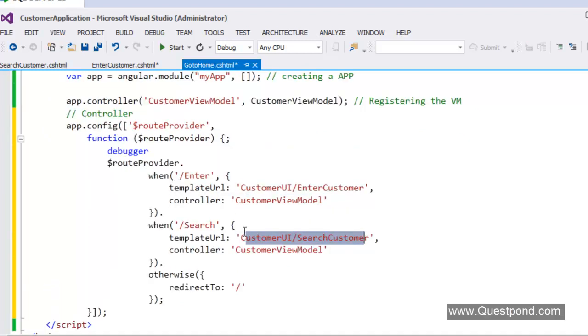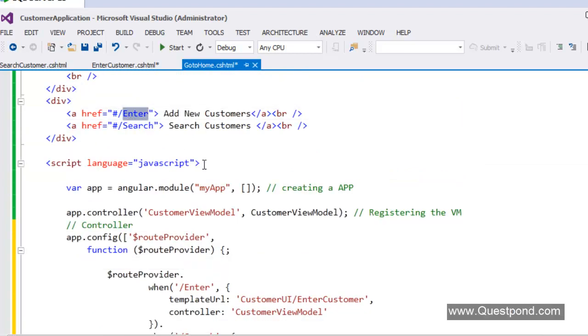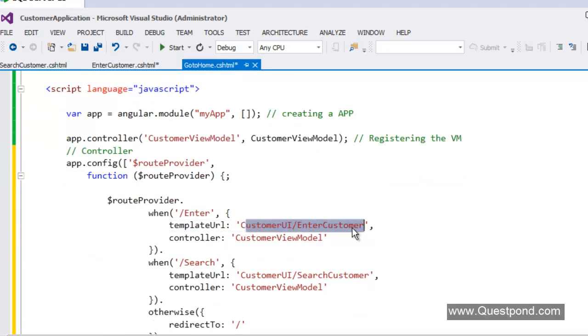So you can see here I've defined my route, and this route says that depending on the URL, it will either load this view or load this view, right? And to that view, we are providing the customer view model object here, because that data is needed by that controller, actually I'll say rather, is needed by both the views. And this Angular app needs this route provider object, right?